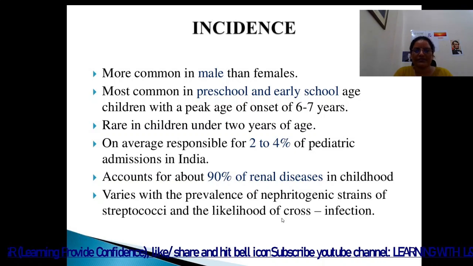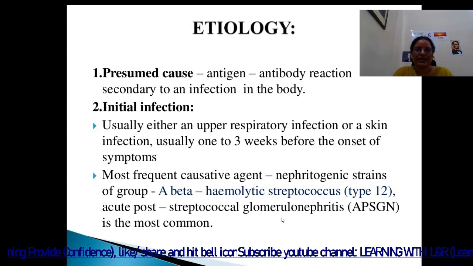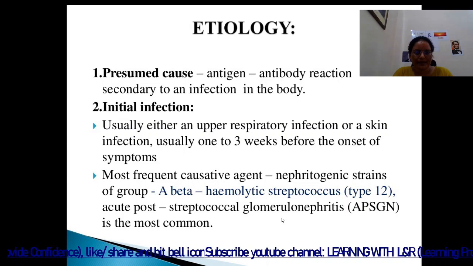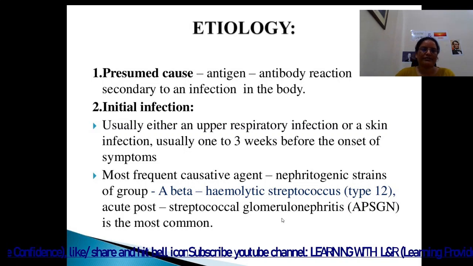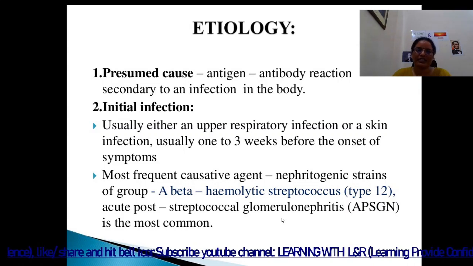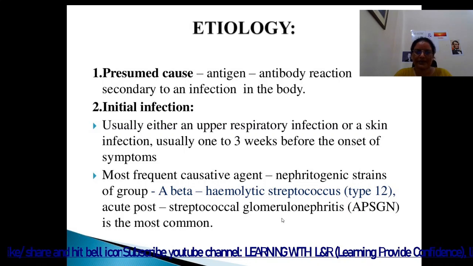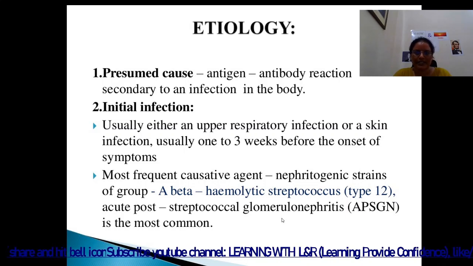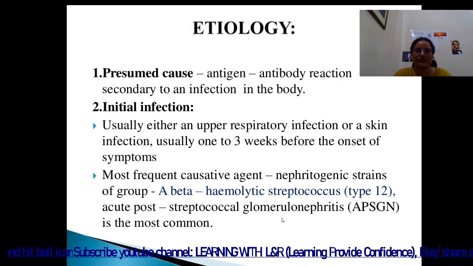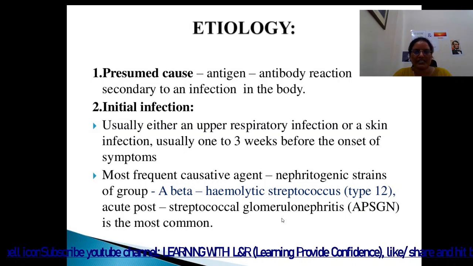Etiology, presumed cause: antigen-antibody reaction secondary to an infection in the body. The initial infection is usually either an upper respiratory infection or a skin infection, usually 1 to 3 weeks before the onset of symptoms. In these respiratory or skin infections, the infection is present up to 3 weeks before the actual symptoms. Most frequent causative agents are